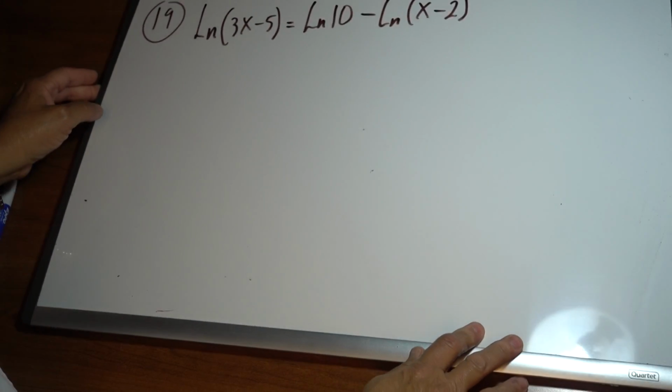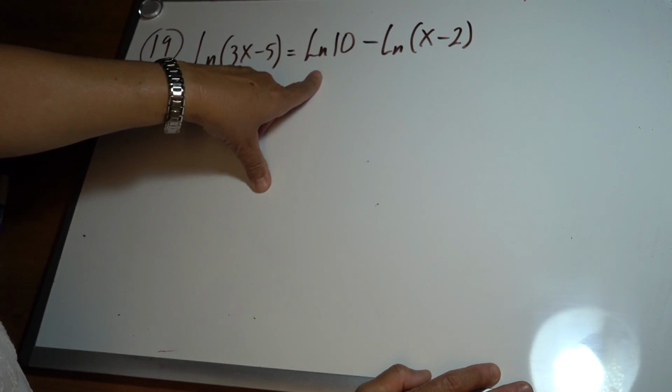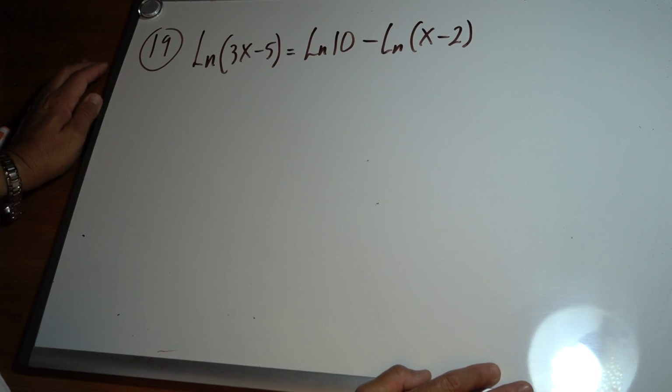In this problem we have a logarithmic equation again. Natural log of 3x minus 5 equals natural log of 10 minus natural log of x minus 2. In this case,